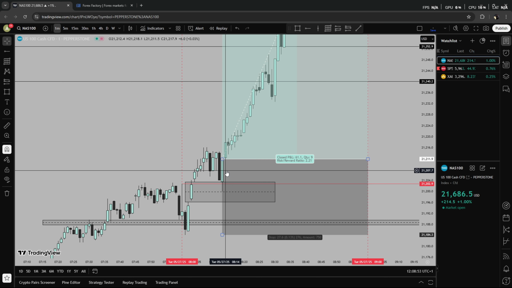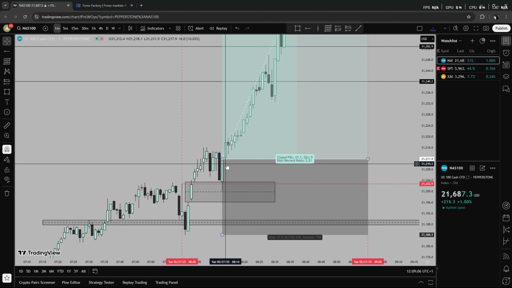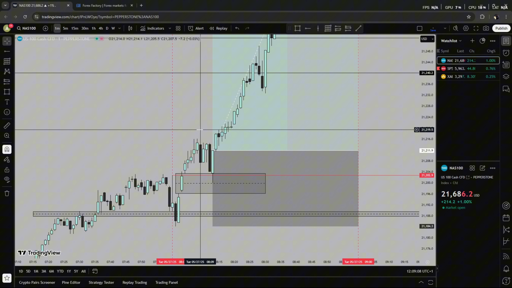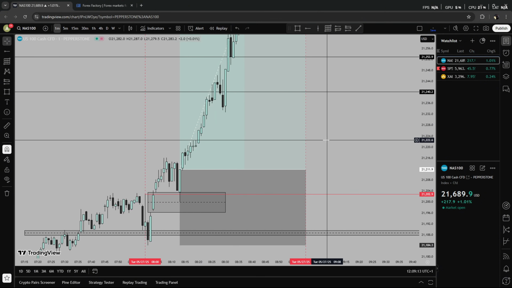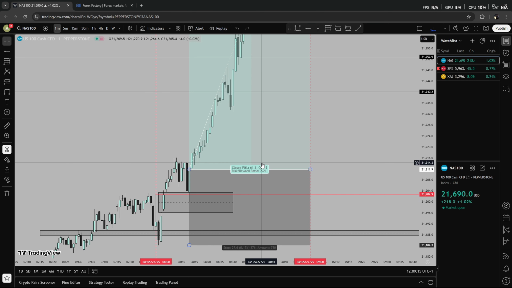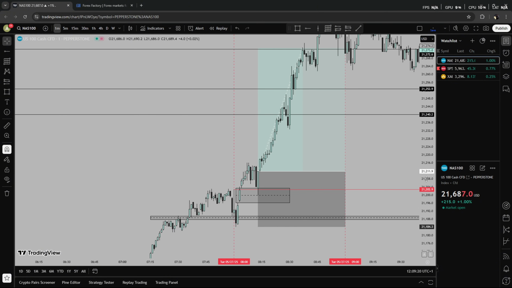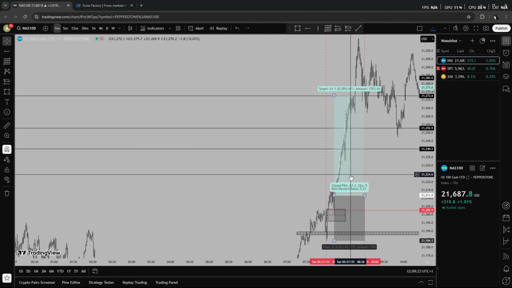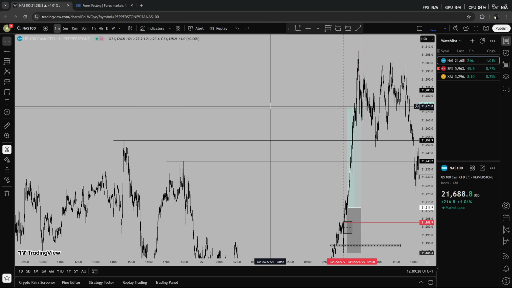Now normally here I would wait for a break of structure, but I just didn't. Normally it doesn't even break structure to the downside when it comes to filling the confluence, but we did, and I did not even notice that. So I just waited for buying power out of it, but it still worked out in our favor because we got a better risk to reward. If I did wait for the break of structure, I would have entered here, which I should have done, but I just didn't realize that it broke structure to the downside. My first take profit was here, and my second take profit was here.